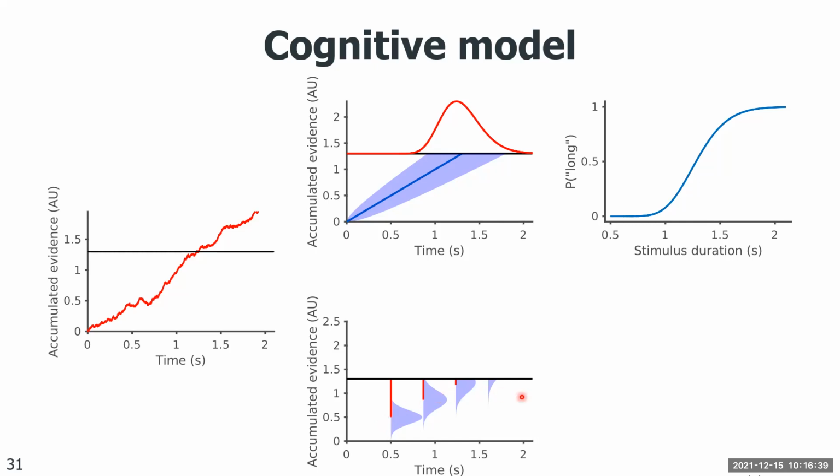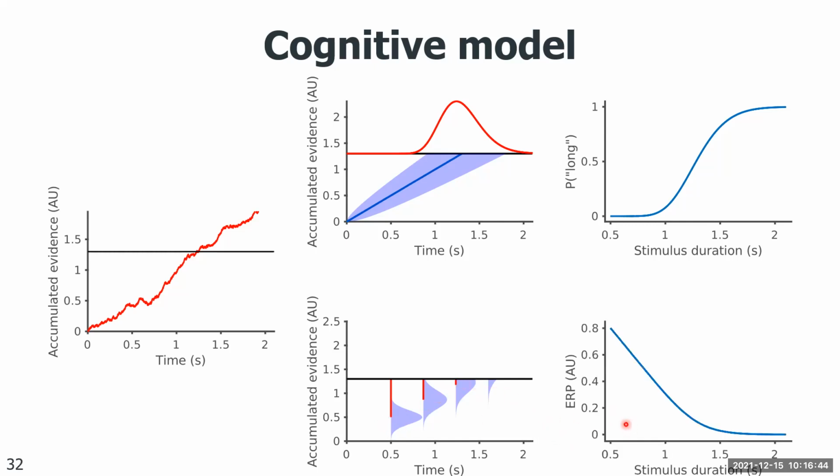Now, we can do that analysis for all intervals in our block and anything in between. And we get the following function, which resembles the ERP quite a lot. So we start with a maximal response for the shortest duration, decreasing linearly, reaching an elbow, and a saturation for the longer stimuli in the task. Now, qualitatively, this matches what we saw, but now, of course, we wanted to get a quantitative fit to the